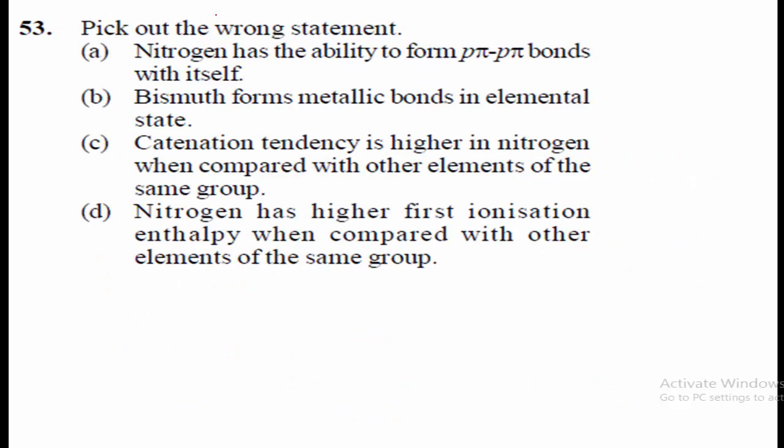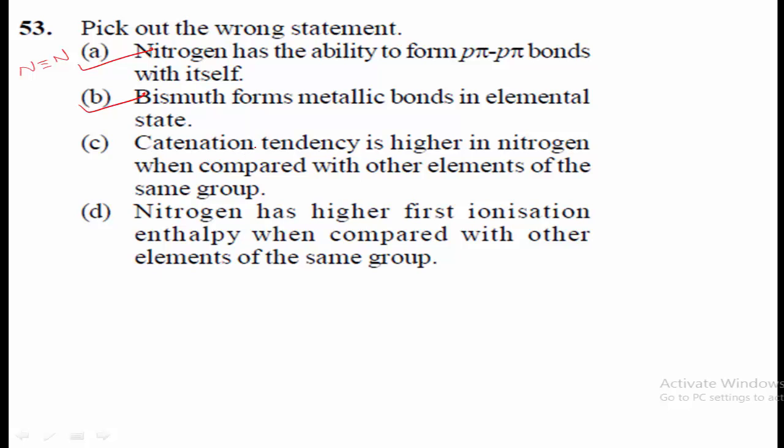53rd, take out the wrong statement. Option A, nitrogen has ability to form pi bonds with itself. It is the right statement, as you all know. Then option B, bismuth forms metallic bonds in elemental state. This is also the right statement. Option C, catenation tendency is higher in nitrogen when compared with other elements of the same group. So this one is the wrong one, because